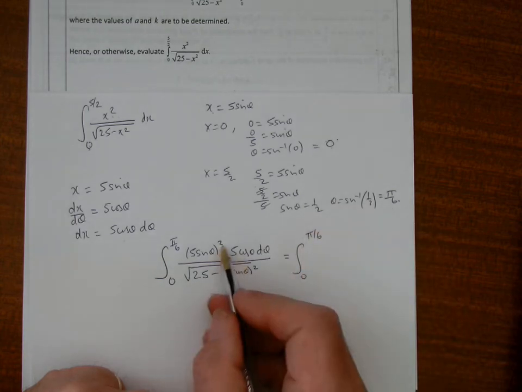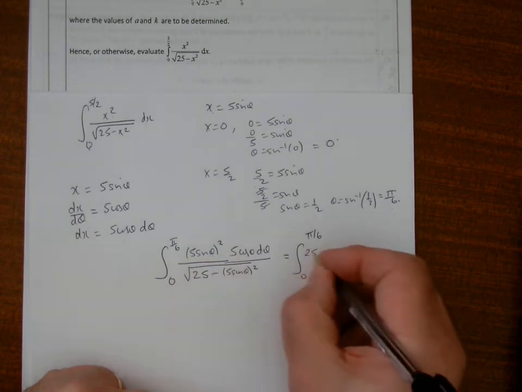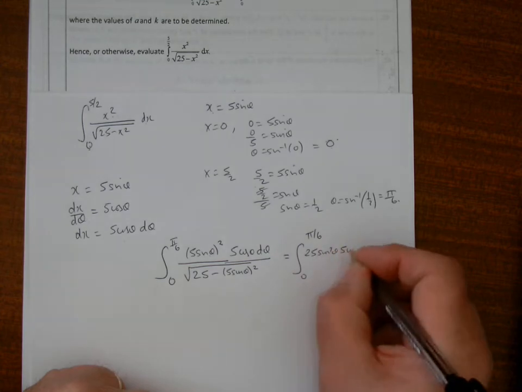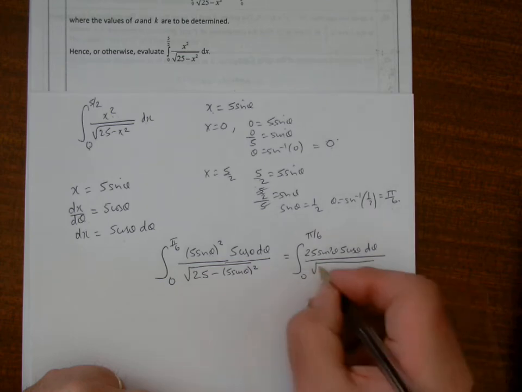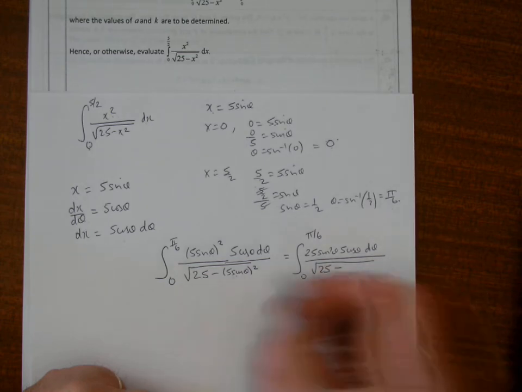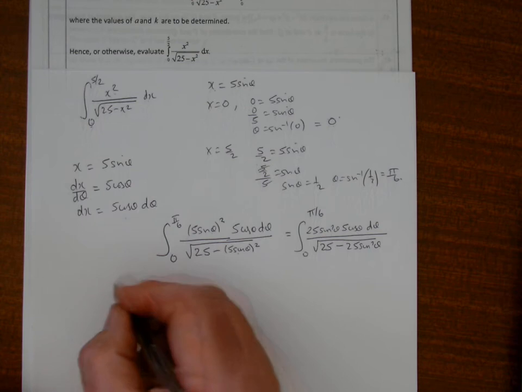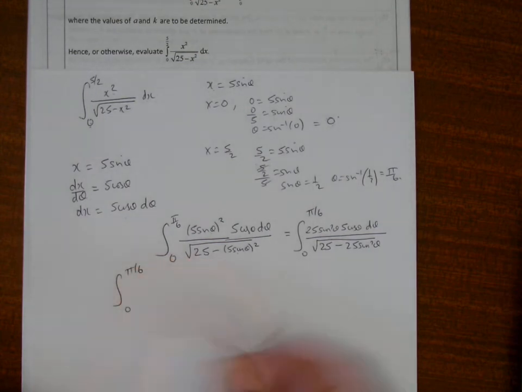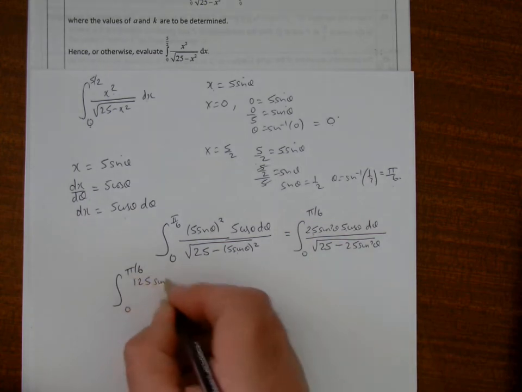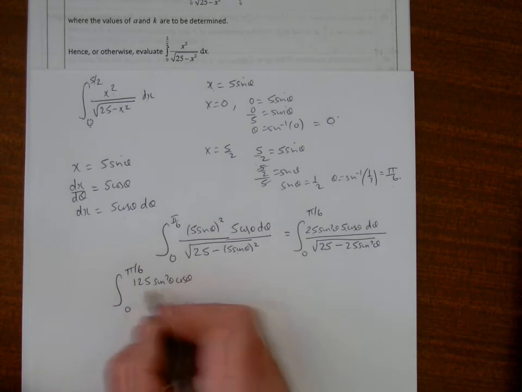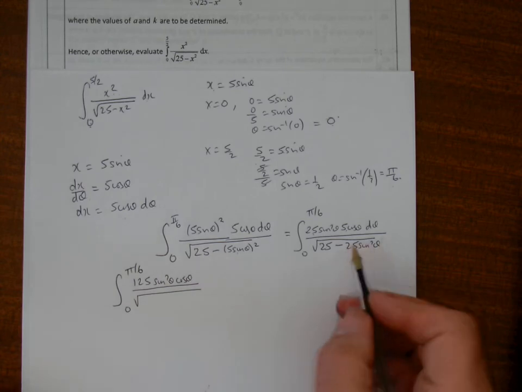So the top line then, squaring 5 sine theta, that's 25 sine squared theta, times 5 cos theta, all over the square root of 25 minus, and if I square 5 sine theta, I get 25 sine squared theta. So that's the integral from 0 to pi by 6. Let's just do the numbers. 5 times 25 is 125. Sine squared theta cos theta divided by